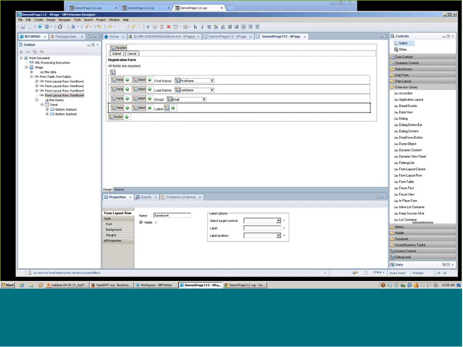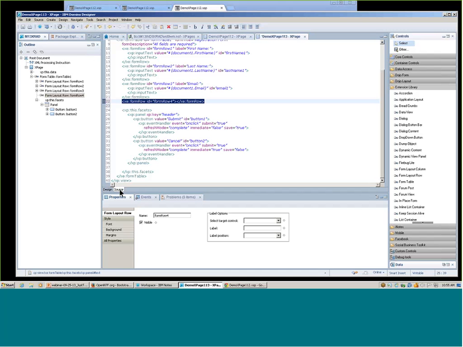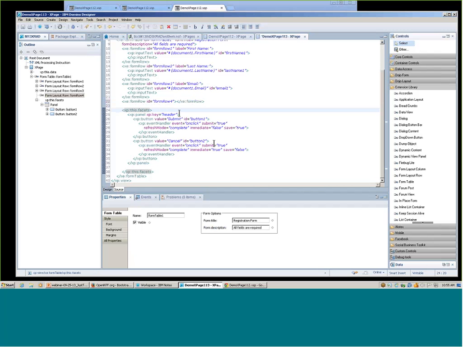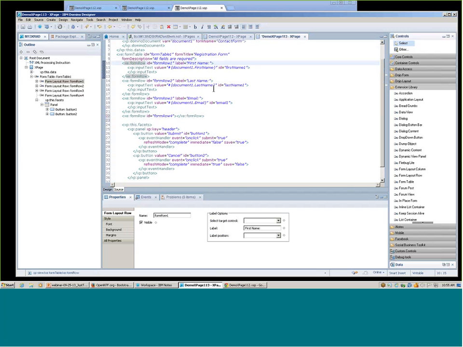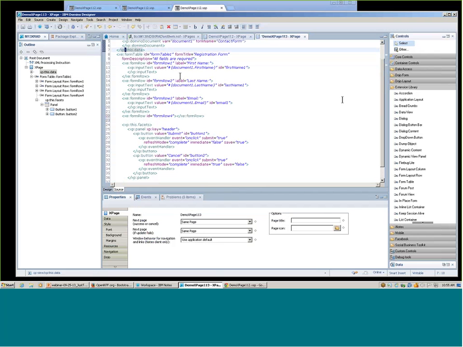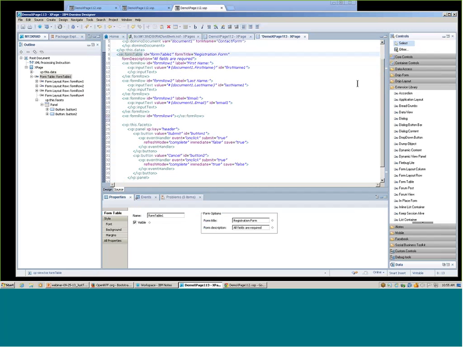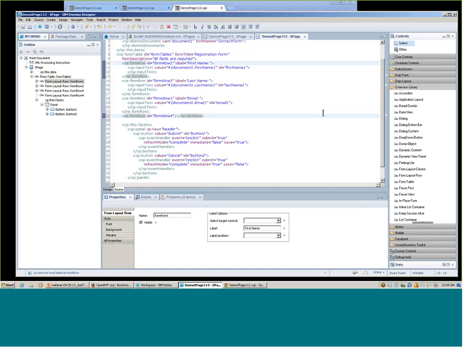as well. Now, if I look at the source, one more point, and that is your named facets, like your header and footer facets, appear between the this facets tag, whereas all of those form layout rows that were added to that unnamed facet are simply added in between the controls tags, in this case a form table tag, and we can see underneath it 4 form rows that were added in, including the last one that I just dragged in. So that's our